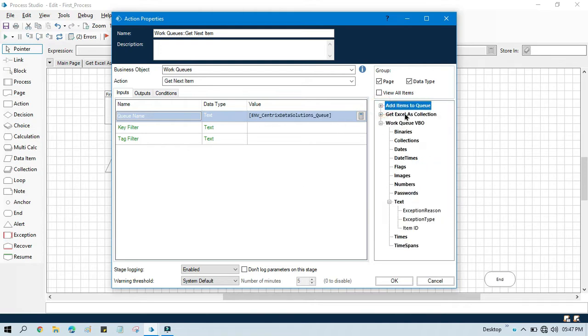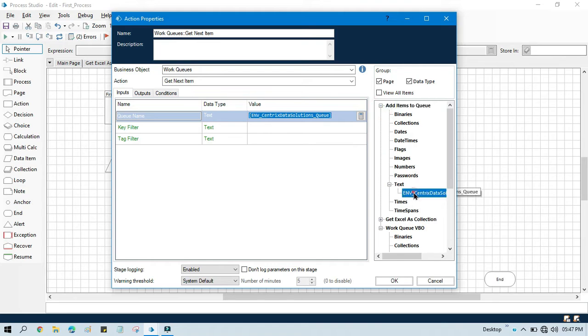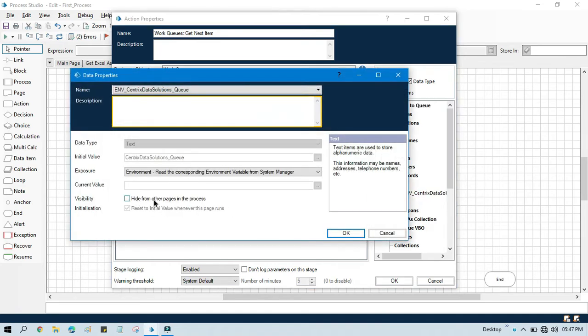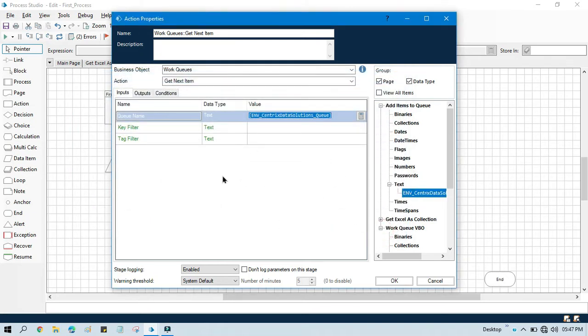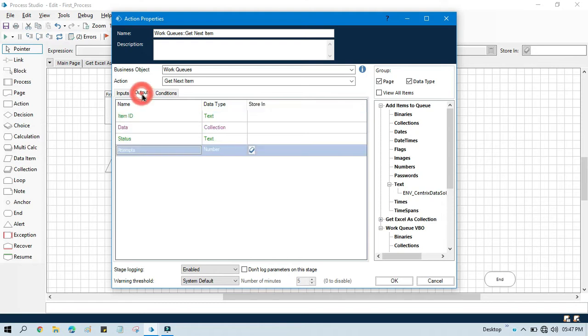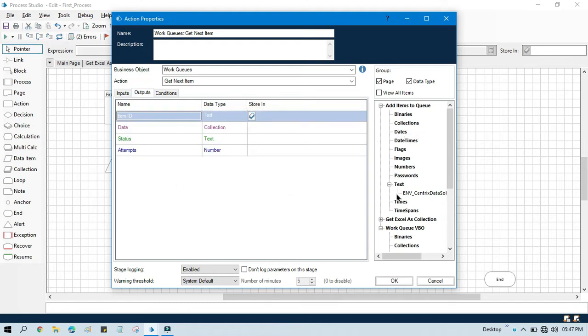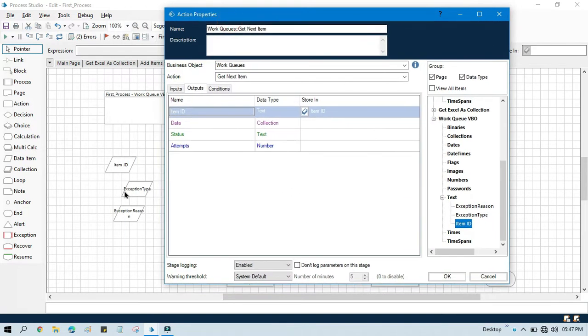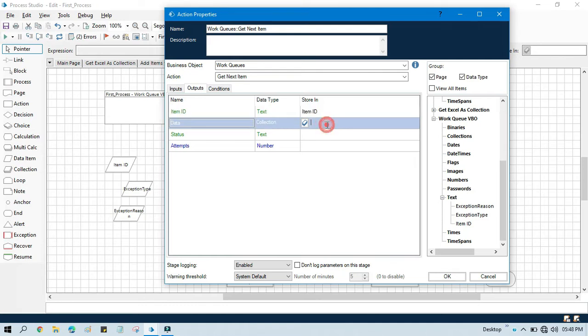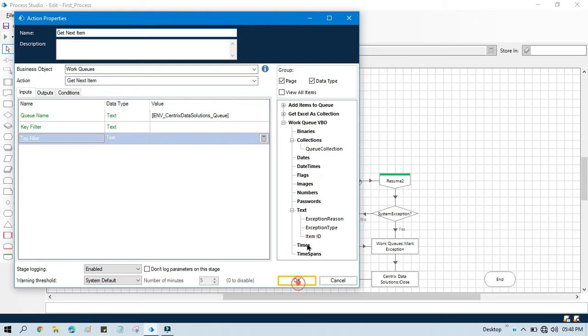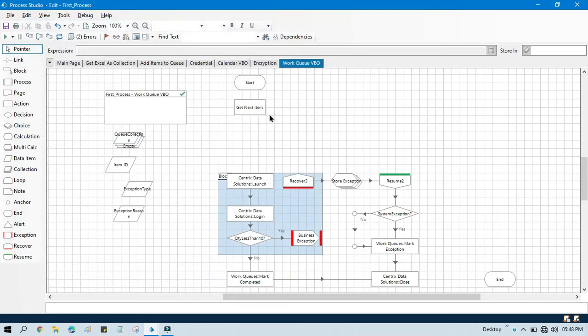Now our queue name, we are going to take it from here. This is available on this page, and this can be accessible because we have this unchecked, hide from other page. The visibility is unchecked now. Now go to output, we have item id, so I am going to use the same item id because we already have this item id data item created. In the collection we can create a queue collection like this, get next item, delete others, and after getting next item